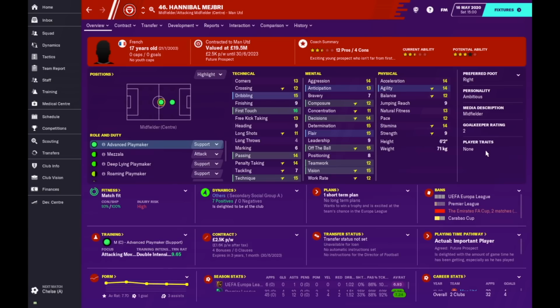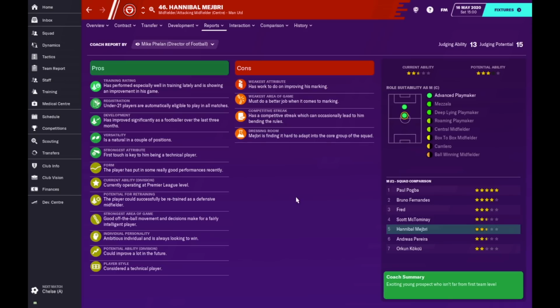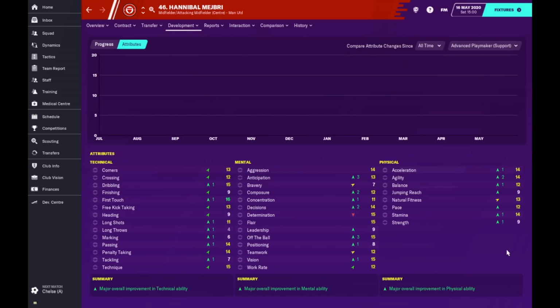In this Man United test, as you can see, we are at the end of the first season. I played Hannibal Mejbri, I hope that's how you pronounce his name. I gave him the advanced playmaker support, attacking movement with the double intensity. I did this because if you check his reports, my assistant tells me he's a technical player, advanced playmaking on support, trains a lot of technical attributes. I gave him the focus of attacking movement. If we go to all time and check his progress, wow, incredible